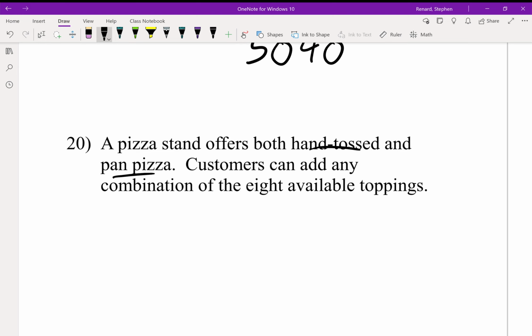So what we're going to do is we're going to go, how many different ways can I put together 8 different toppings? So included in this, in the different ways that I can put those toppings,